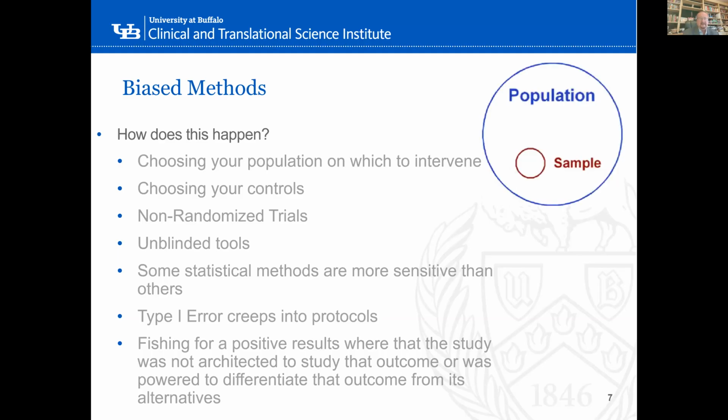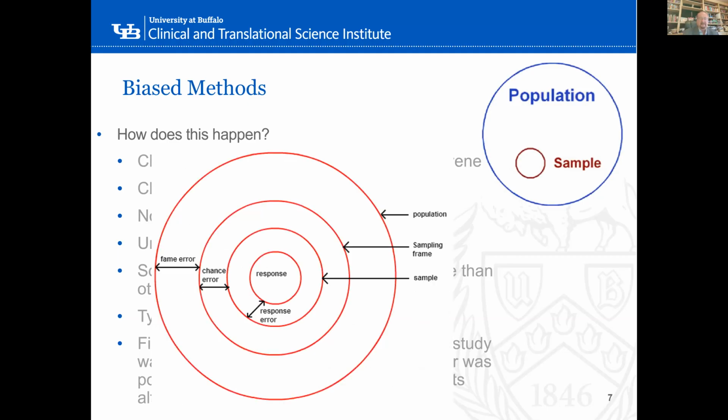So if you look at that, there's the population, and your sample can be a poor reflection of this, right? It can be only a subset of that population, not reflective of the whole. And you think about it, there's lots of different ways this matters. If this is the entire population, you may have a sampling frame that you looked at, a sample that you got, a response error in the actual response. Some of these are quite different, and you could get quite different results.